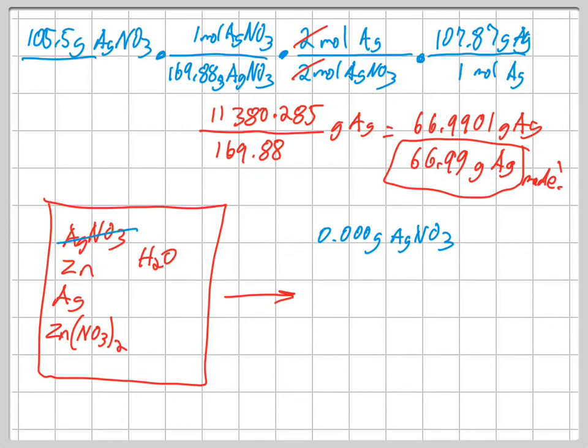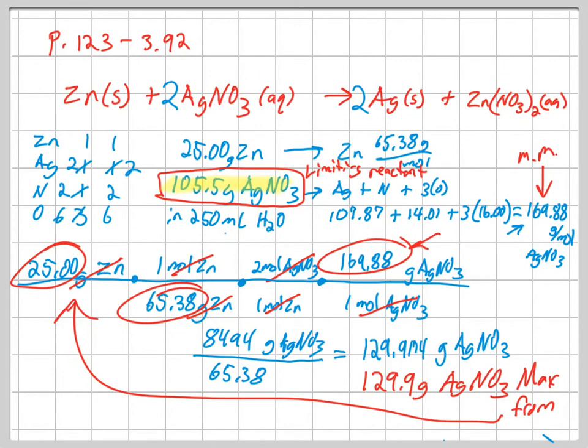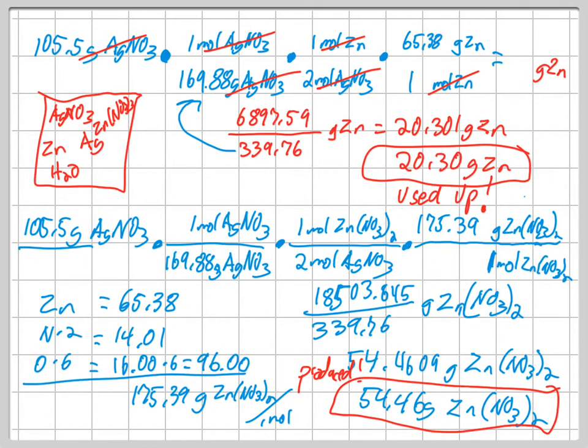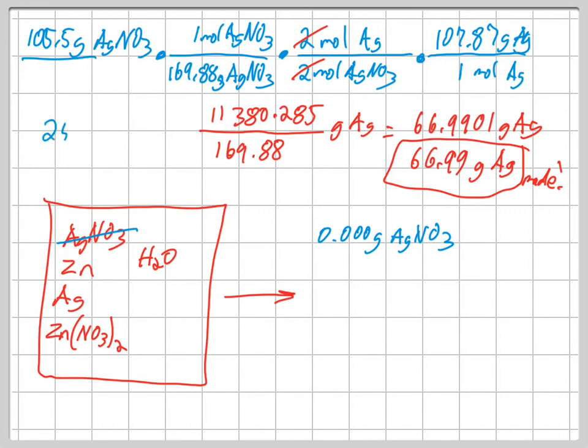Okay, zinc. How much zinc is left? Well, let's go back and look at our problem. We were only able to... Oh, where's my zinc calculation? Oh, it's on the next page. We were only able to use up 20.30 grams of zinc. All right, so if we used 20.30 grams of zinc, and we started out with 25.5... 25.5? I think that's what the problem was. No, 25.00, sorry. And we used up 20.30, we subtract that. And so the amount of zinc we have left is only going to be 4.70